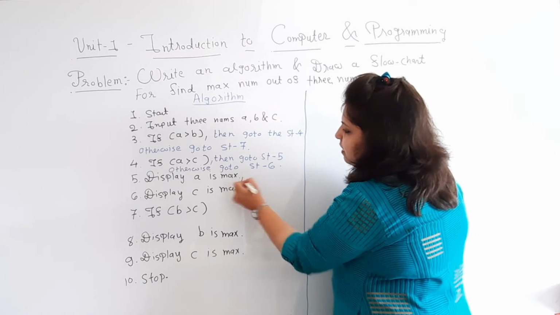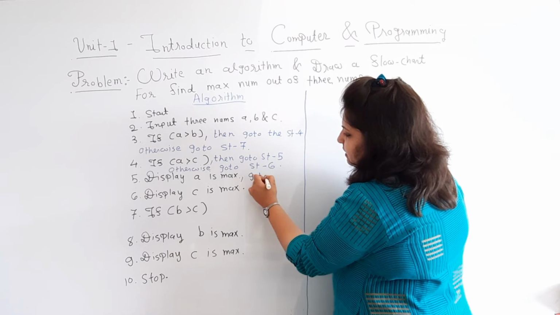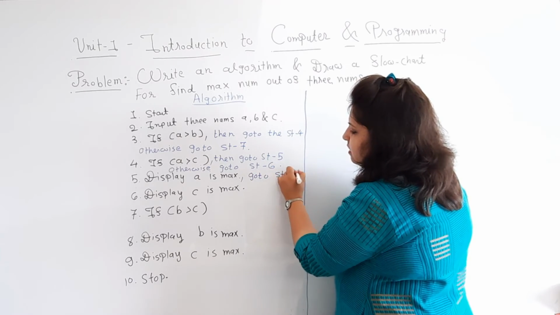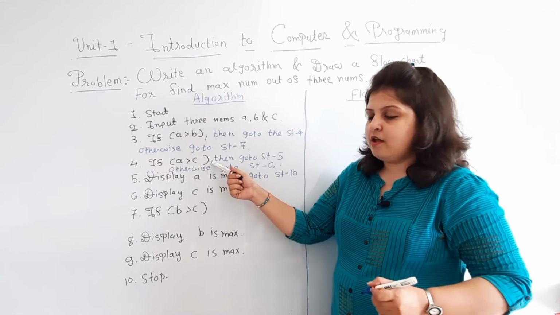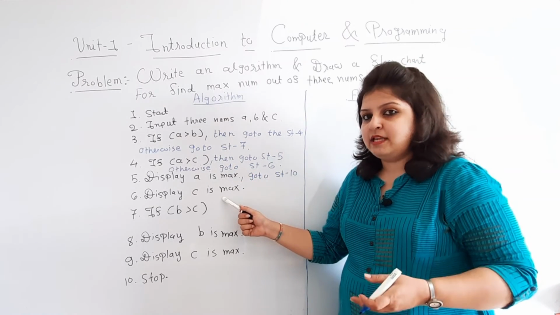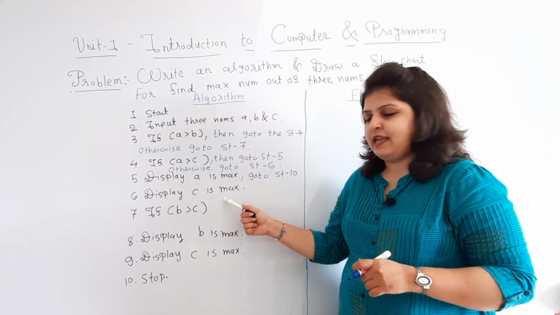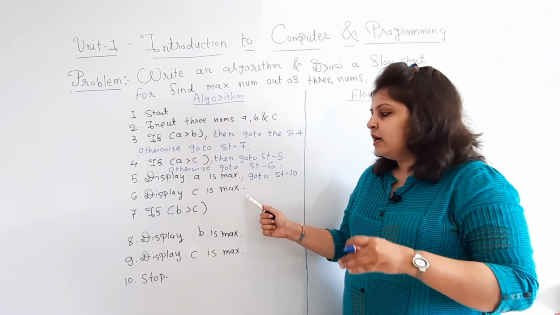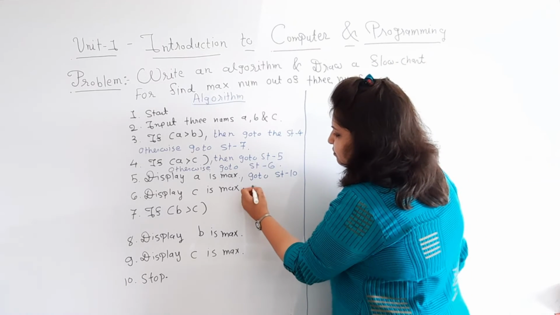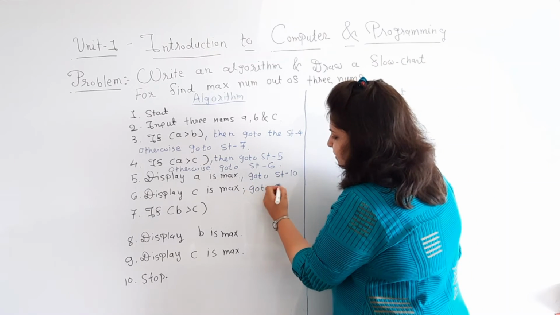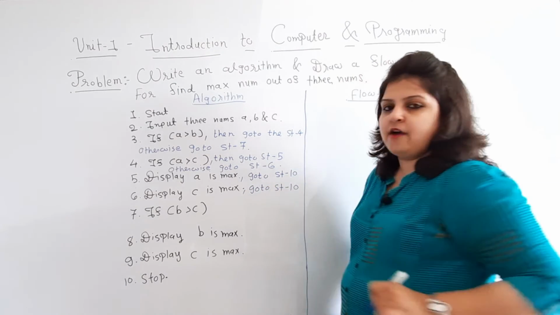So here we simply write go to statement number 10. In the same way, if this condition is false, then statement number 6 will execute, display C is max. After displaying this output, our control goes to the stop. Directly we have to jump to